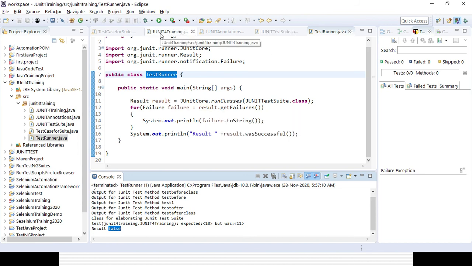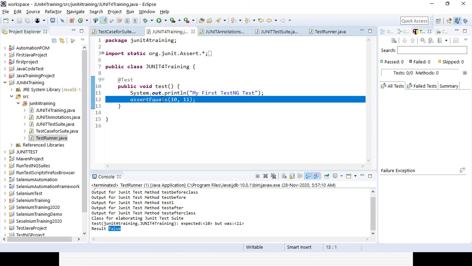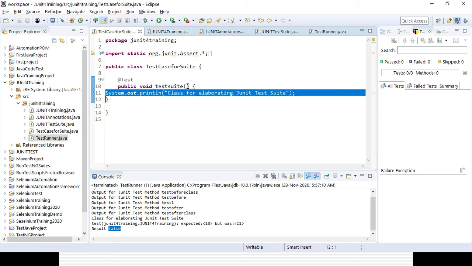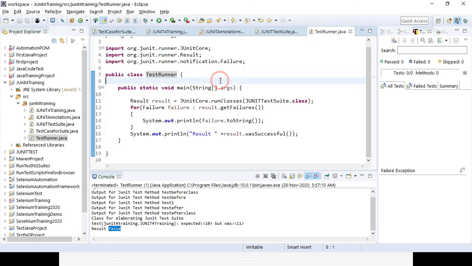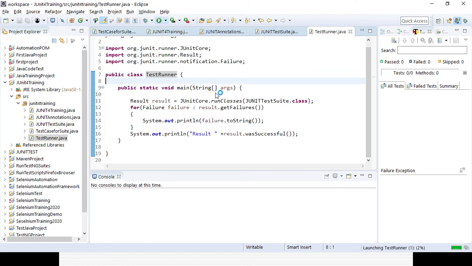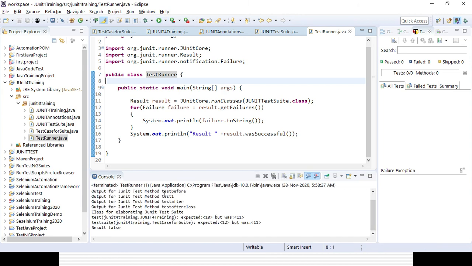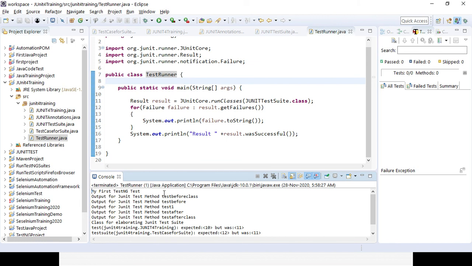And if I want to fail multiple classes, say another class, okay, so I will be using that assert equal, and here I am failing that class also, okay, so I will be changing to 12 and 11, so this class will also fail. So if you run it again, you can see the failure will also come for both the classes, right? You can see the output is coming for all the classes whatever is declared in the JUnit test suite.